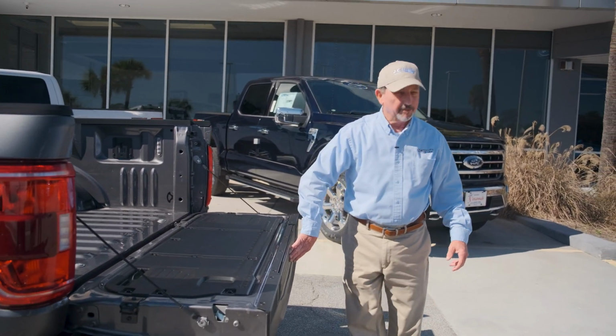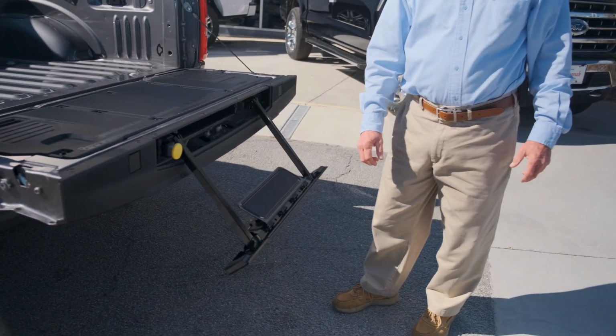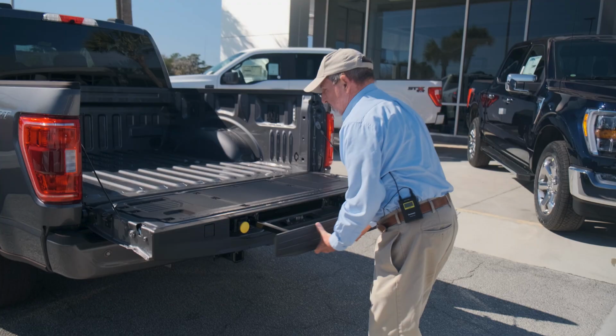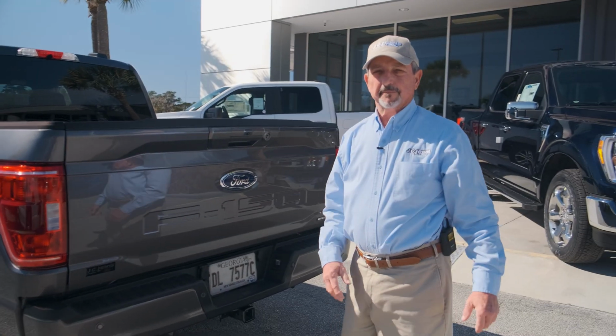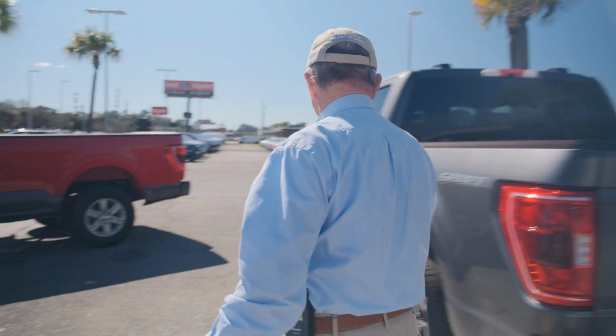This model does come with actually the pickup bed step. Makes it easier, especially for us shorter guys, to get up and down into the bed. And then very lightweight, lifting it up back into position. Coming back to the front of the truck,